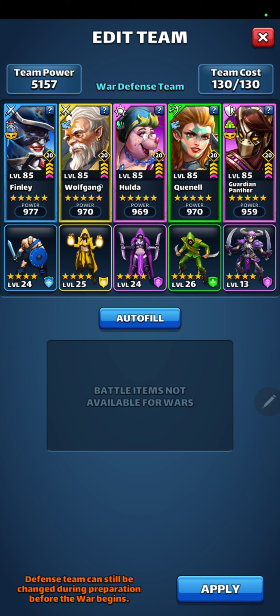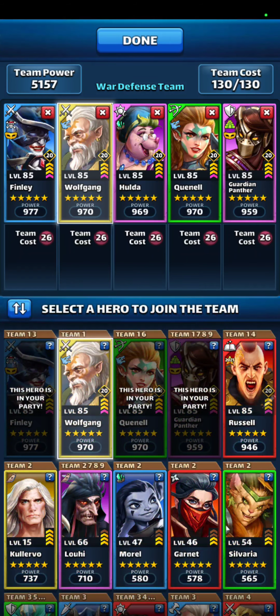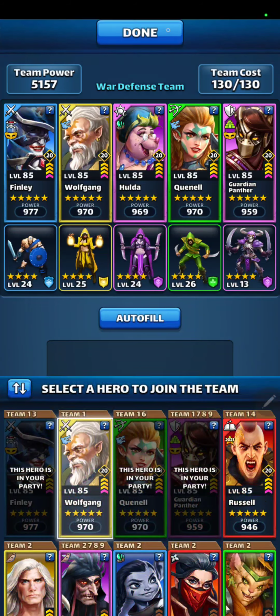So Wolfgang has a lot of buffs, and this is a war equalizer where they're going to remove those buffs every 3 turns, and those buffs is what makes Wolfgang better. But I don't have a better option at this time. I'm still leveling up my other heroes, so Wolfgang is gonna stay. But